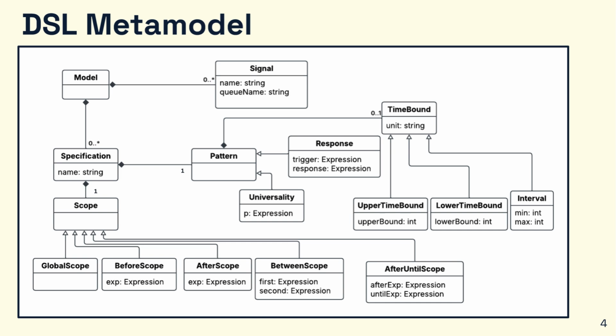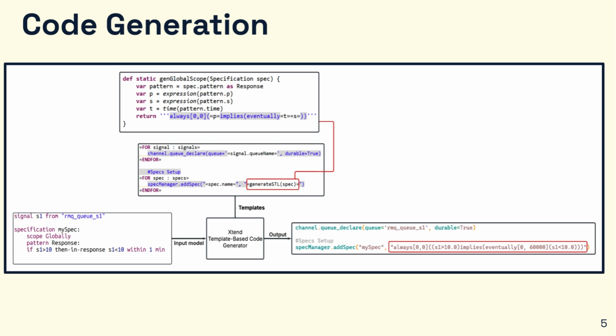The scopes and patterns refer to expressions, which are comparative Boolean expressions between two signals or between a signal and a number. We use an extended template-based code generator to transform specifications into temporal logic formulas. The generator also produces Python code that connects to real-time data streams. Specifications are evaluated on this incoming data, allowing us to determine whether the system is satisfying the expected behavior at